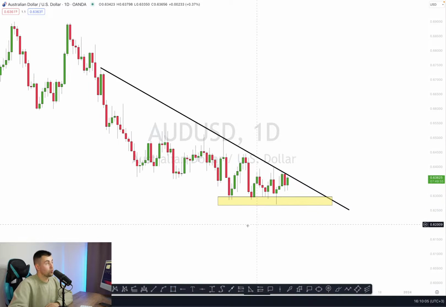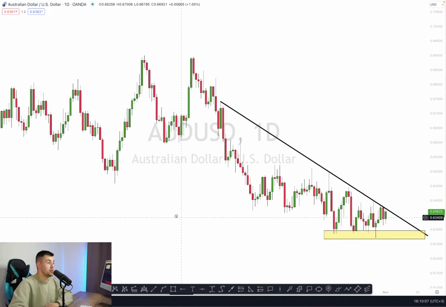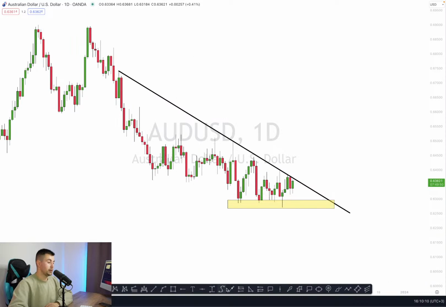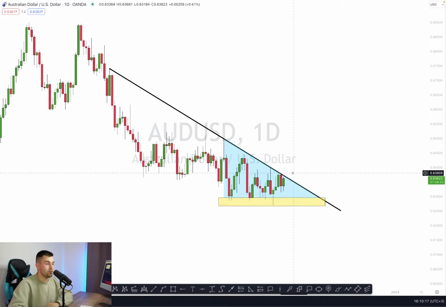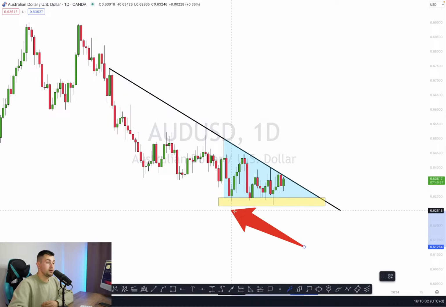So what we see on Aussie dollar pair is that we are trading in a bearish trend. Yes, the market is bearish, and trading in a bearish trend, we formed a descending triangle formation. Yes, we have a descending triangle formation. It is called the bearish accumulation pattern, and it is usually a very bearish formation. And when you see that, chances will be high that the market will drop lower. Your main focus when you spot such a formation is the neckline of the pattern, the horizontal support, and you can see multiple equal highs respecting that support.